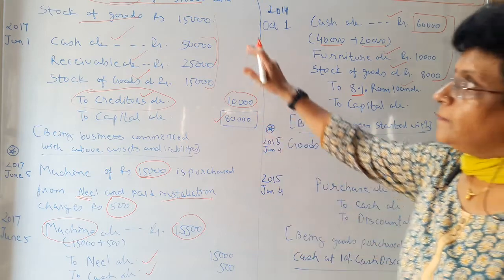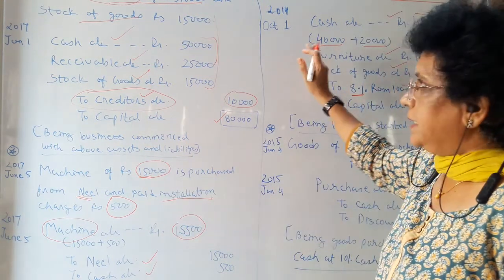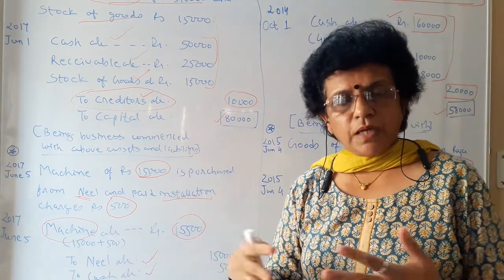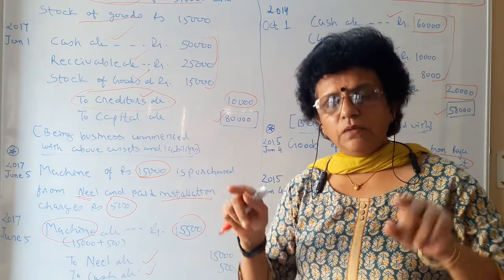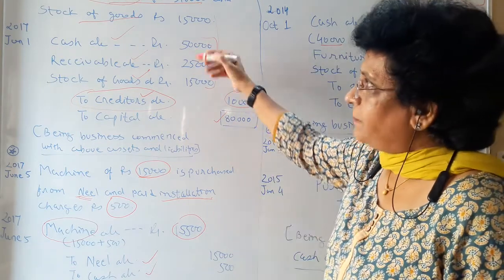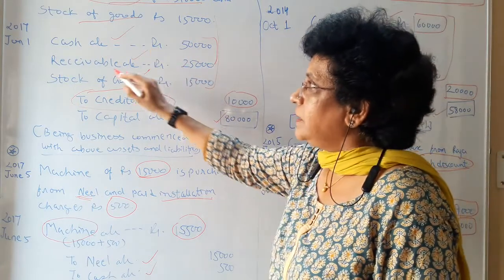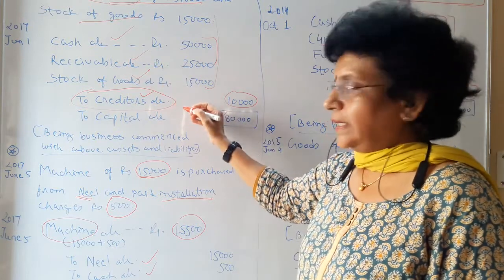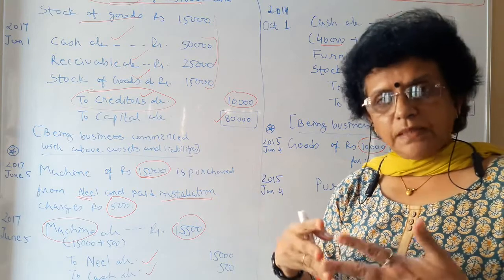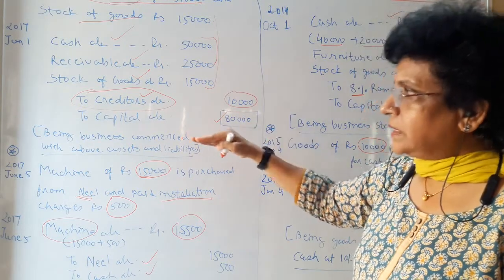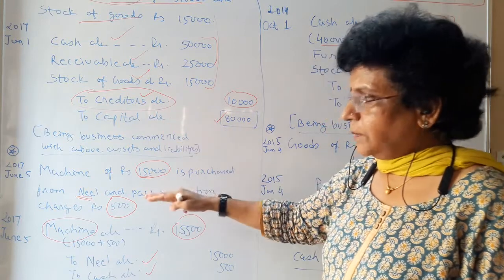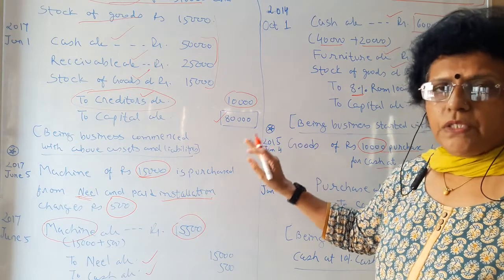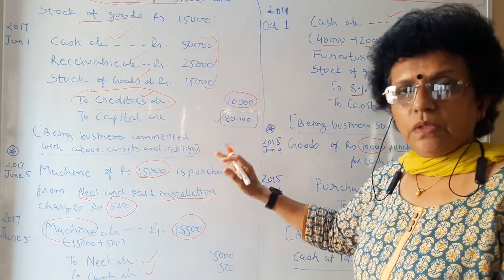In this manner you have observed that in every journal entry there are more than two folds, and you have written the combined entry, only one common entry, instead of writing separate entries like cash to capital, receivable to capital, stock of goods to capital, or capital to creditors. Instead of writing separate journals, we combine the journal and write. So these are the peculiar illustrations of the combined journal entry which you need to know and keep in mind when you do the examples.